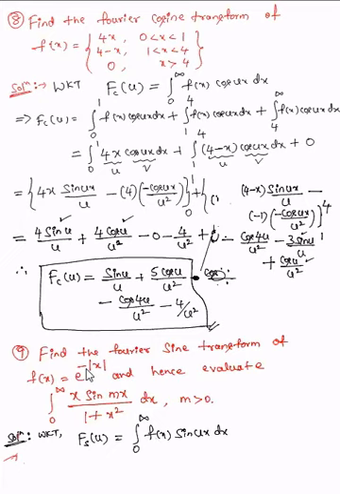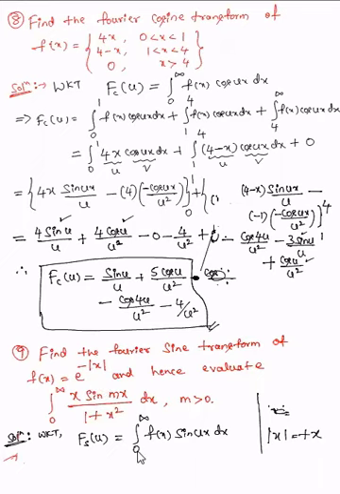It is e power minus mod x. So how to simplify this? What can we do? Remember guys, in the Fourier complex transformation, in the last class while discussing problems, this mod x was written as plus x and minus x. Correct? But here, just observe this. I'll take mod x equal to always plus x in this case. See why I am taking mod x equal to plus x for this problem.